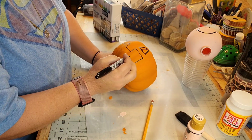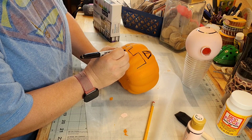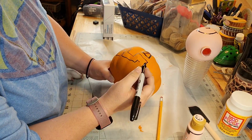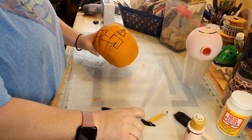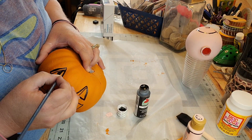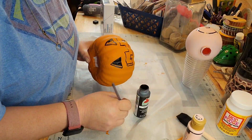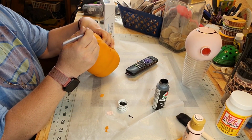Okay, y'all. I'm drawing my little triangle pieces for my eyes for my pumpkin. And then his mouth. Now, I was just looking off the TV, what she did. And she said, I think she's looking off a DVD box. Anyway, this little pumpkin's adorable. This whole thing is adorable, y'all. It'd be something cute to do with your children or your grandchildren. So, we're just going to paint his little eyes and mouth, except the corners there where